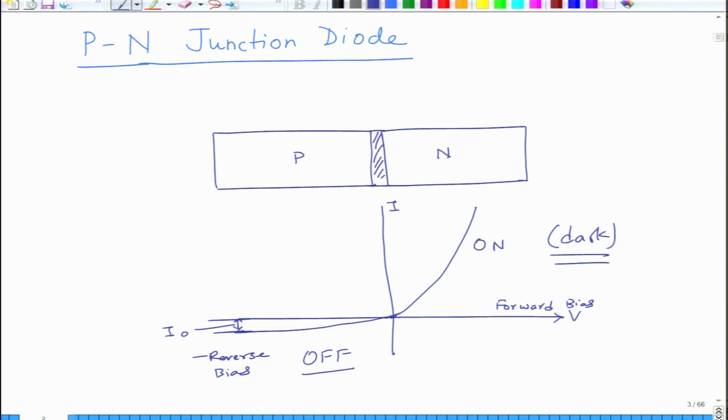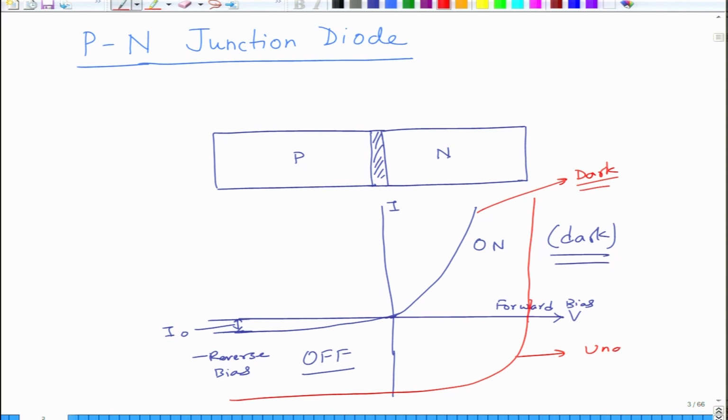You can use materials in such a fashion that this becomes a solar cell device, and it gives you an IV curve. So this is for a normal p-n junction diode. For a solar cell diode under light, you will have this kind of behavior. So our objective is to first see how we get this kind of curve from a diode, and then how you get the other kind of curve when you illuminate a p-n junction diode. So in the context of a solar cell, this is under dark and this is under light.